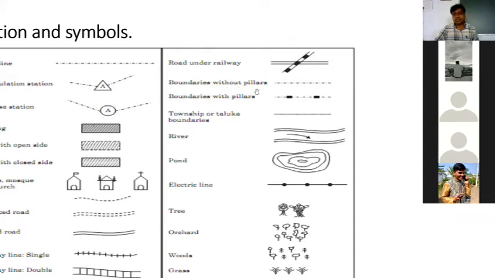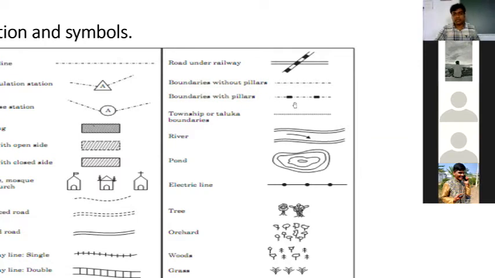Next, coming to boundary without pillars. Whenever we're planning on site, we're going to mark the boundaries of the line and all the things we're going to have in the building components. Pillar means column, as all of you know. If the column is not drawn and only the boundary is drawn like this, it is for a compound wall. We're going to make this kind of symbol, boundaries without pillar.